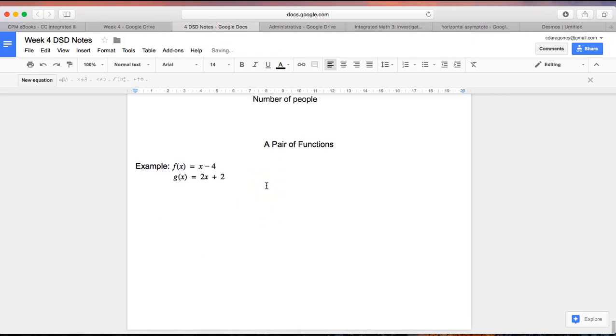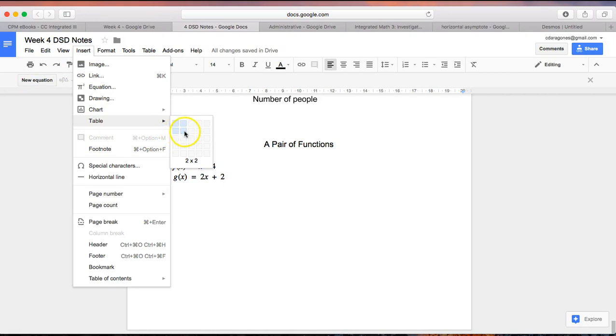So you can do this either way. If you know how to graph linear functions, which these are linear functions, they are equations of lines, you can go ahead and graph them. If you don't know, the easiest way to do it is with a table of values for now, okay? So I'm going to go ahead and do a table of values just in case you don't remember how to graph linear functions. So for f of x equals x minus 4, I'm going to make a table